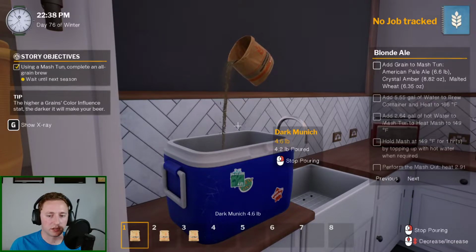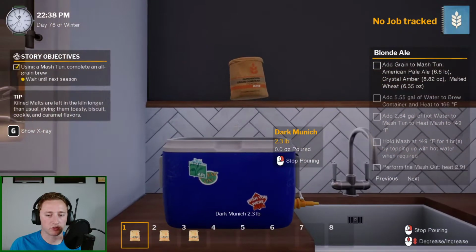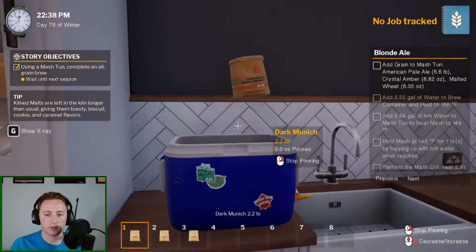Watch this beer just be... This is where things can get crazy. Because with the malt extract, at least there's a resemblance of beer style, while with these grains, you can really get out of hand, I feel like. There we go. Nope, that wasn't...